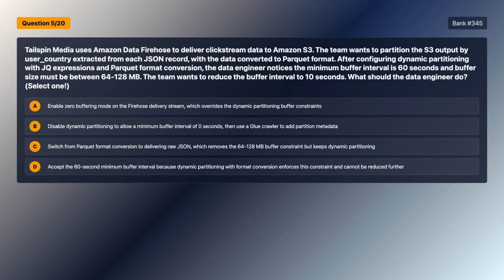Question 5. Tailspin Media uses Amazon Data Firehose to deliver clickstream data to Amazon S3. The team wants to partition the S3 output by user country extracted from each JSON record, with the data converted to Parquet format. After configuring dynamic partitioning with JQ expressions and Parquet format conversion, the data engineer notices the minimum